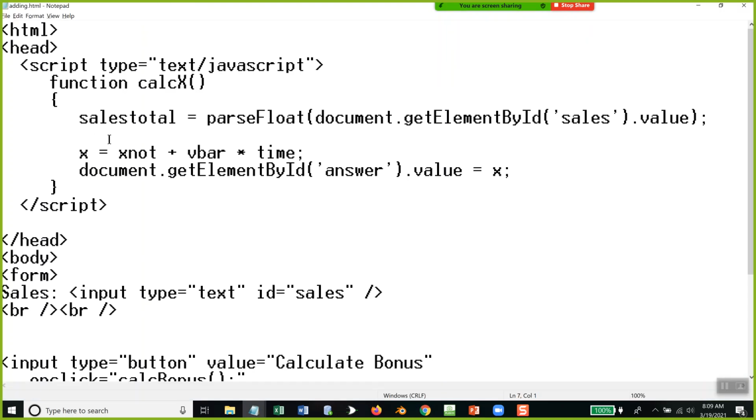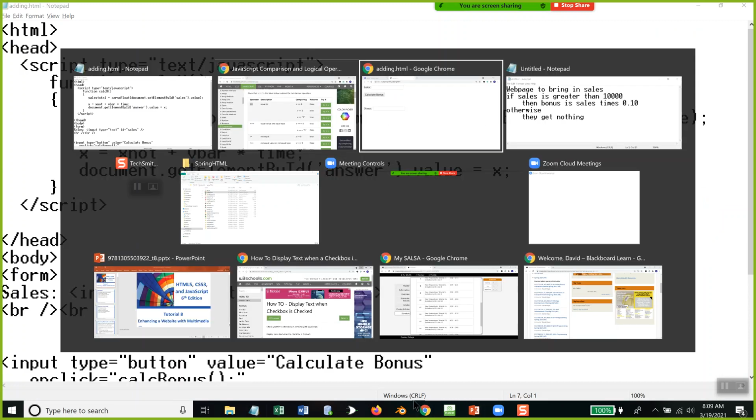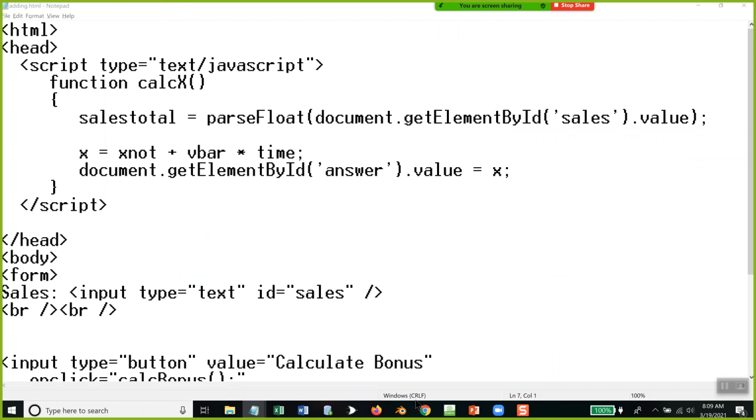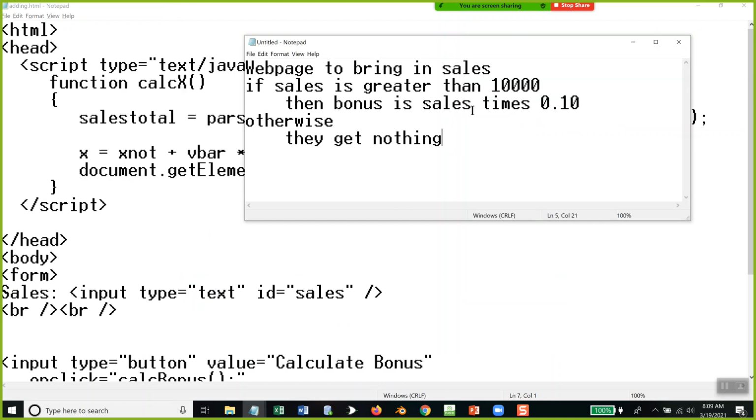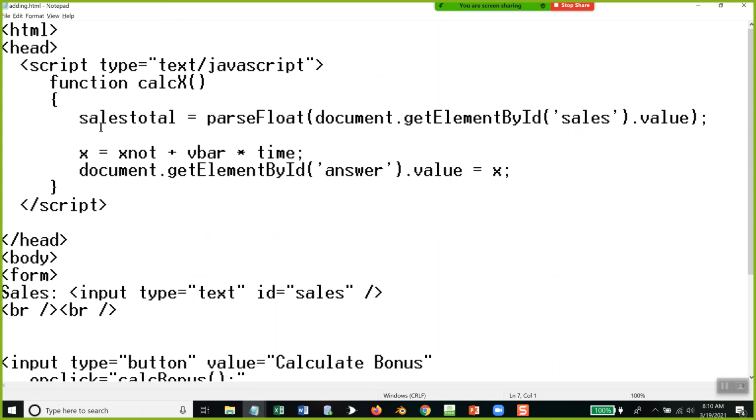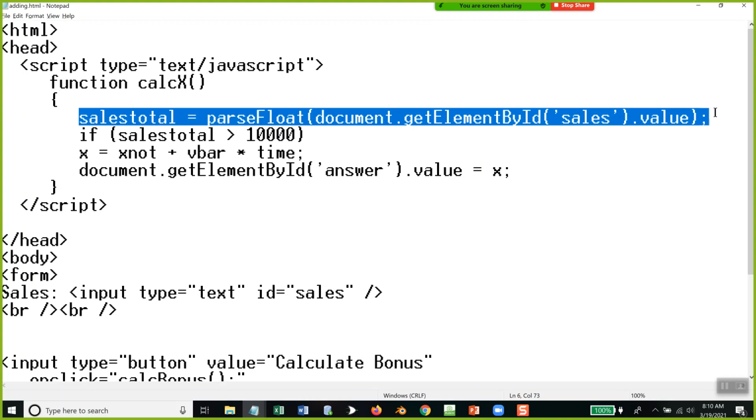So here I'm going to do a check because I said, what did I say? If sales is greater than 10,000. Okay. And I can't see my cursor. There it is. So if sales total is greater than 10,000. Now, as a program runs, it'll take a look at this inside here, and it'll evaluate whether that's true or false. So this first line here, of course, retrieves the value from the web page, and then assigns it